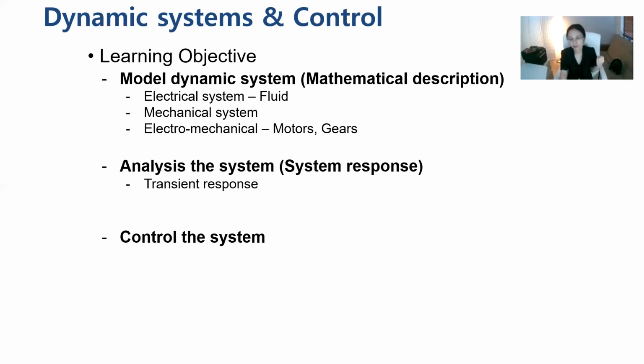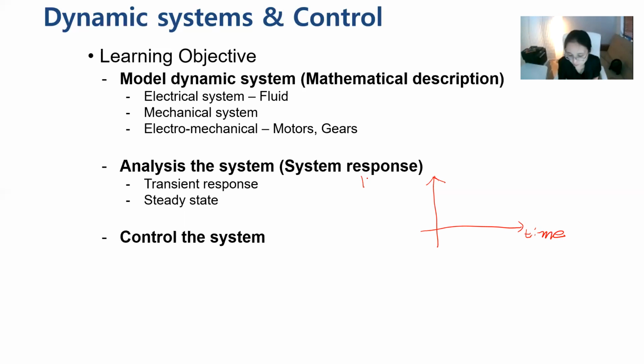And analyzing the system means that you understand the speed of the response or the error between your desired speed and actual speed. So transient response typically means that, let's say this is time,